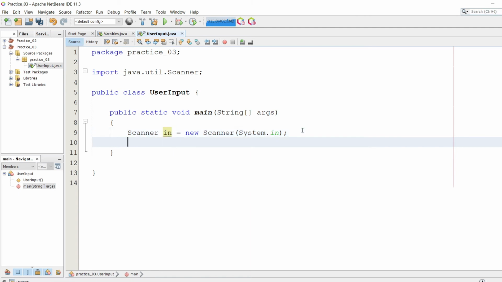Let's take the first user input as a string value, and I'm going to give my name. So for that, let's write a comment so that you can easily understand.